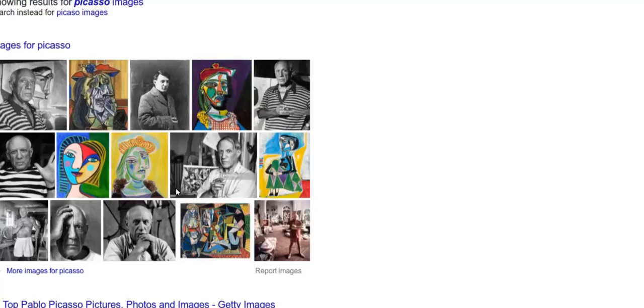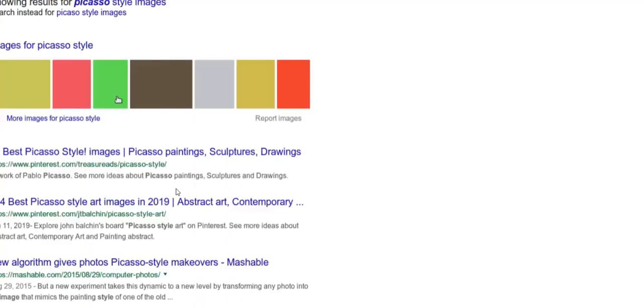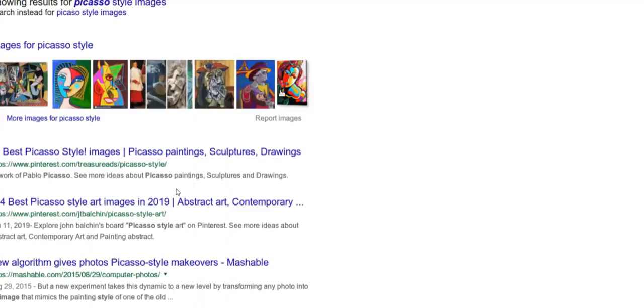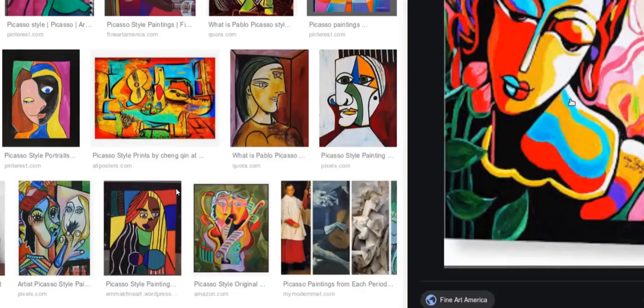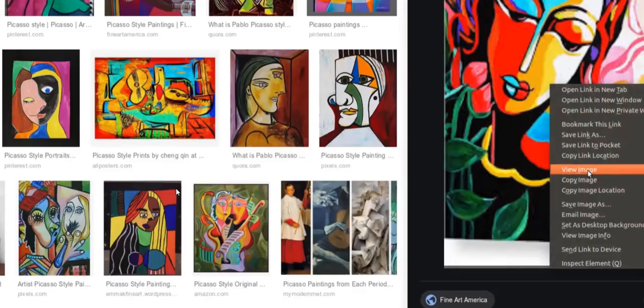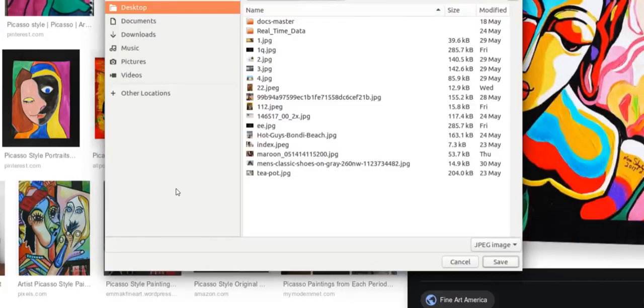Let me type style also. So this is something good. Okay, guys, take this image as a reference image, a style image, and I name it style and save it to the desktop.